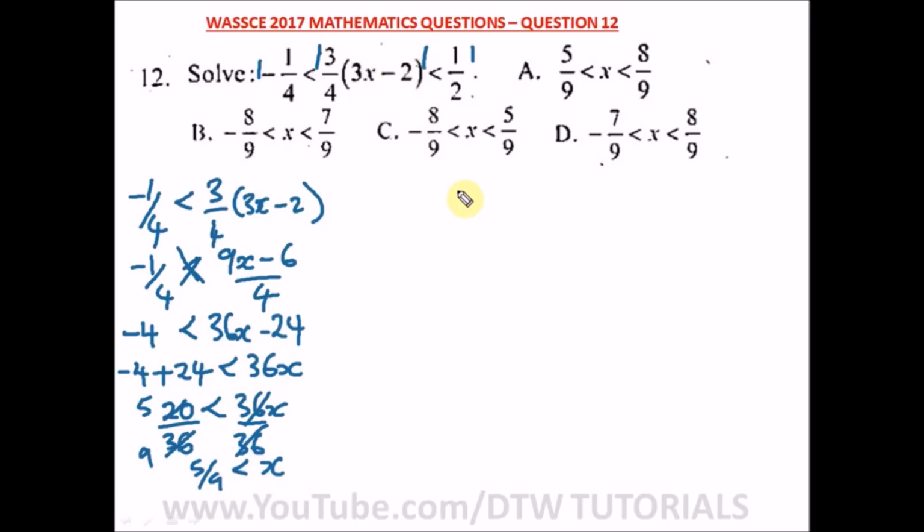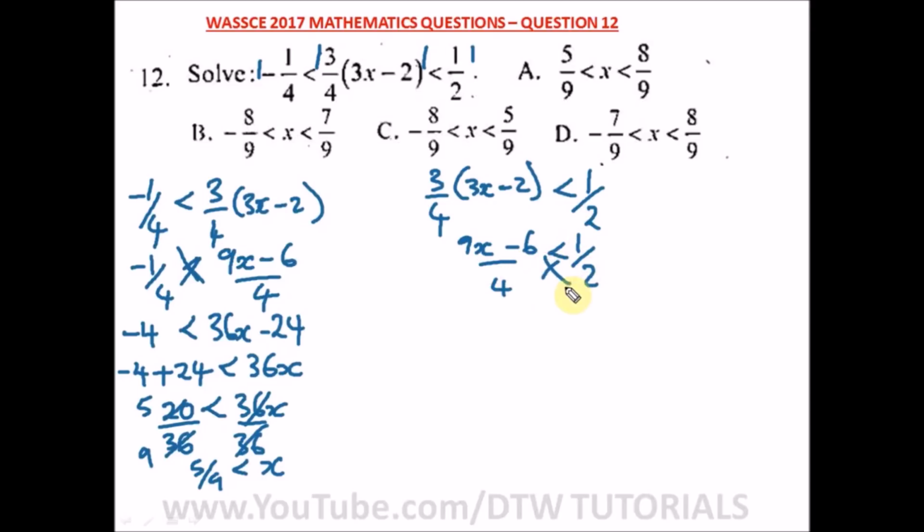All right, so let's solve the second part of the inequality. We have the second part as 3 over 4 bracket 3x minus 2 is less than half. Okay, so let's solve this. Open up the bracket here. 3 times this, that's 9x minus 3 times 2 is 6, over our 4, less than 1 over 2. So let's cross multiply. In cross multiplying, 2 will multiply everything here and 4 will multiply 1. So 2 times 9x will be 18x, and 2 times minus 6 will give us minus 12. It's less than 4 times 1, which is